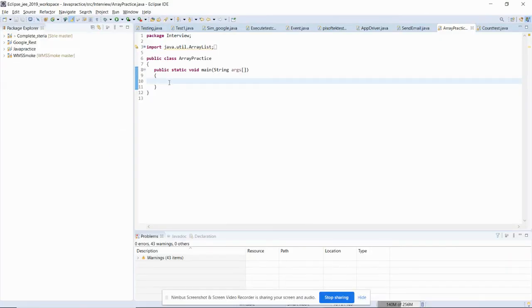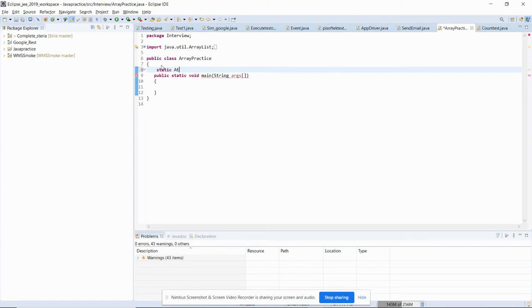So this is my program, which has a class, and here I will start the coding. First of all, I will create the main method, which I have already created. So I will just start the scripting. First of all, suppose that I have an array. I'm using static because I'm inside a static method.